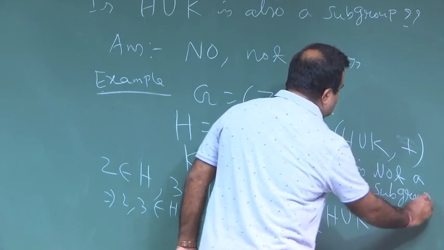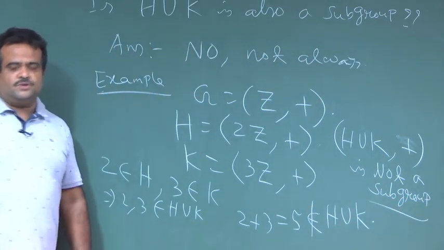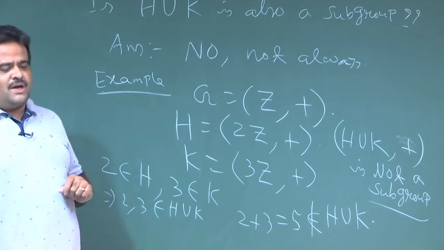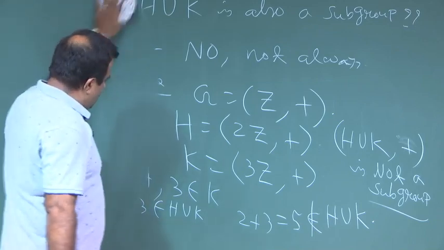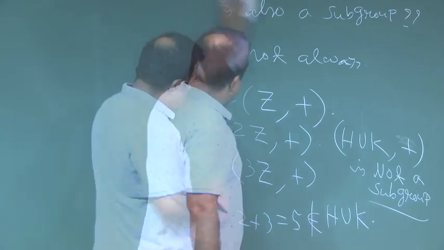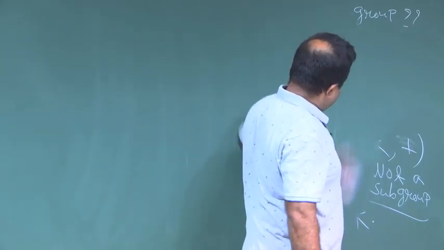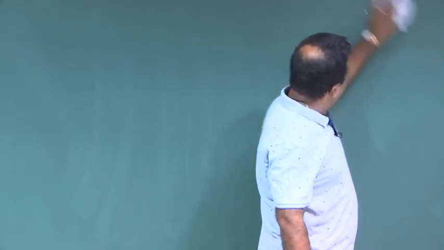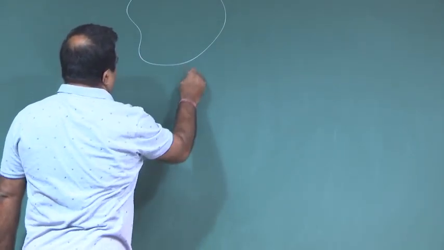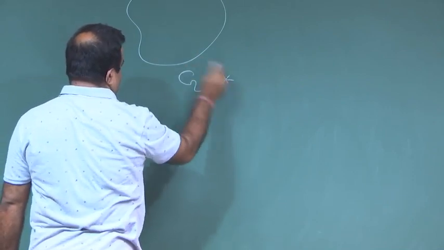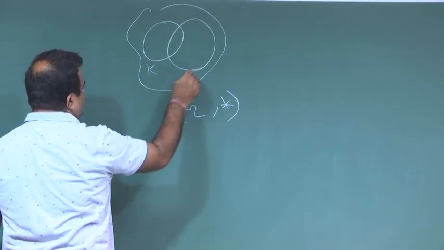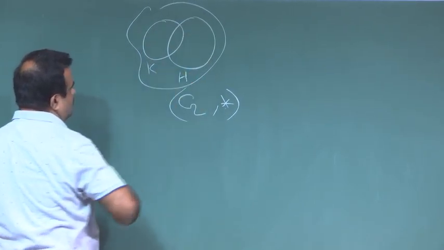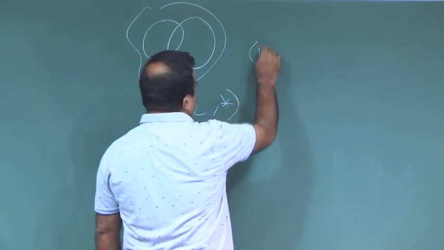So, the intersection we know is a subgroup, we just proved it, but the union need not be a subgroup. Okay, now we define the product of two subsets, and we are interested to see whether this is again a subgroup. So, again G is a group under this binary composition. We have two subsets H and K, and suppose they are both subgroups